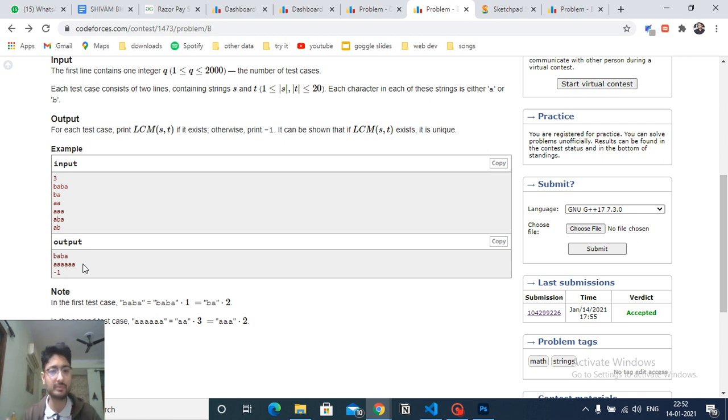And obviously it should be so, because if there is one longer string and one smaller string, and you have to repeat the longer string some times and the smaller string some times, the final string's length should be an LCM of the lengths of both strings.